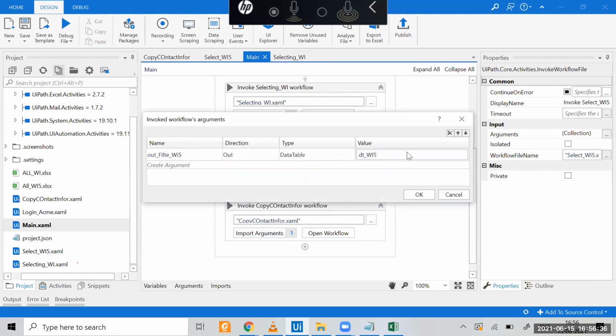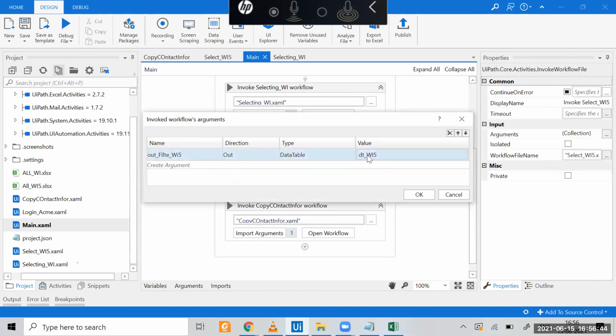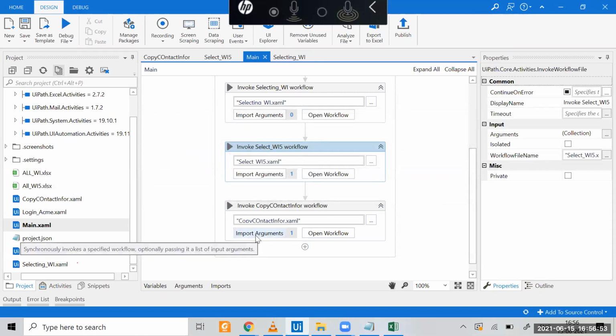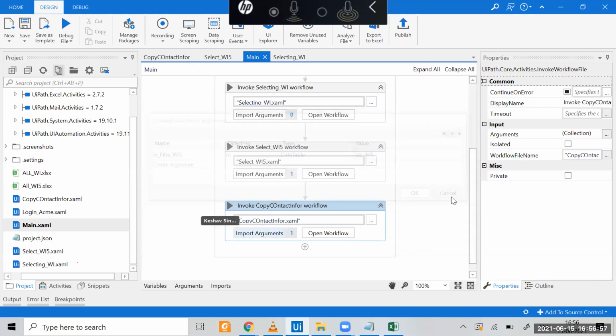Define one variable only here in the out segment. The variable will be data pool. Define anything, any name, that will be passed on here as input. Okay, sir.